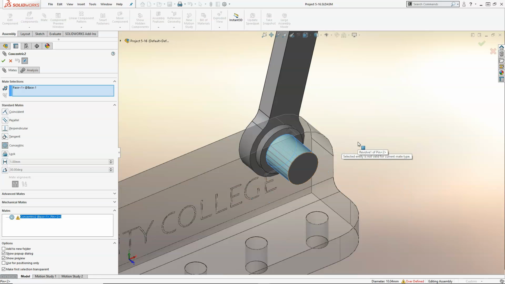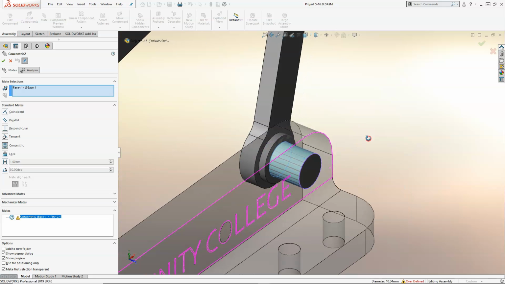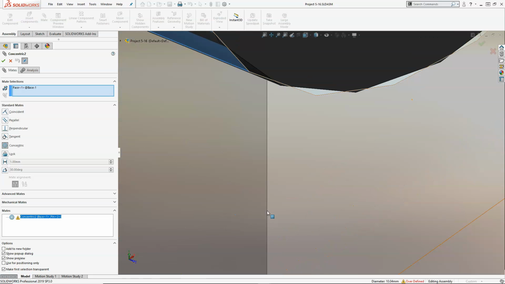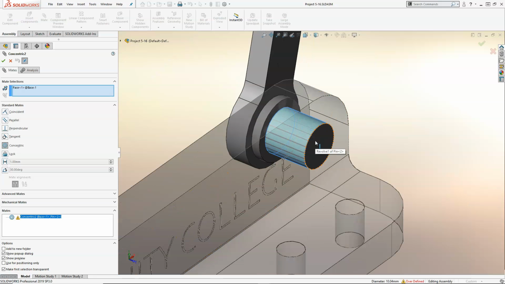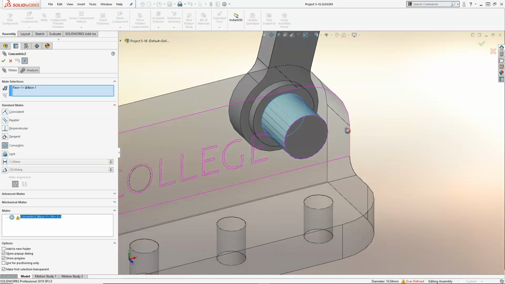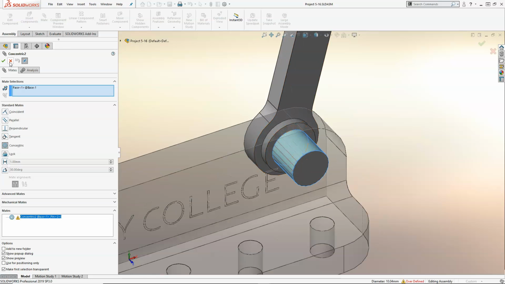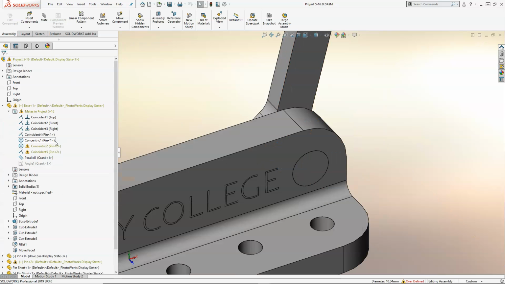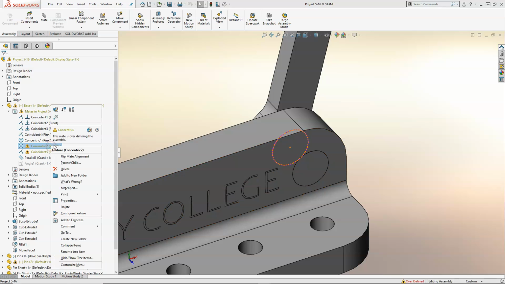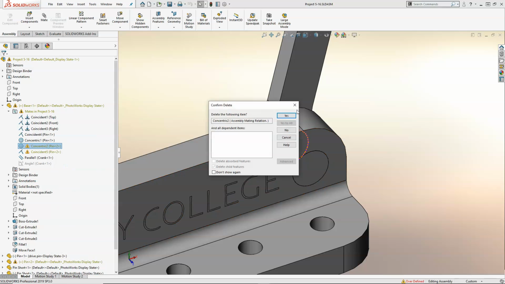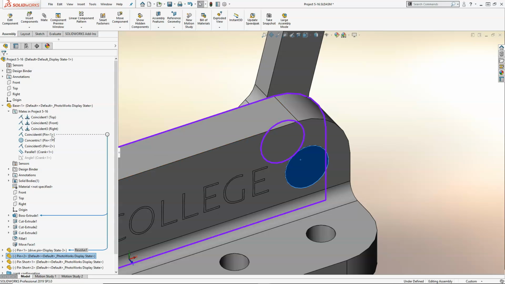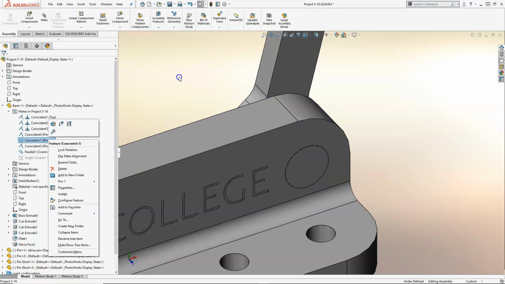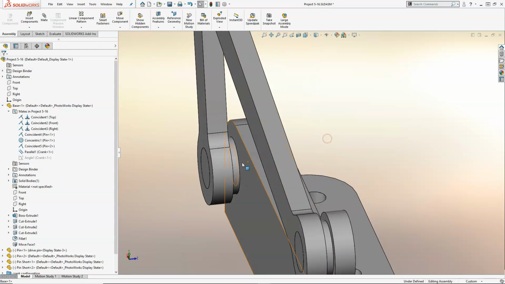So the concentric, and I'm really not sure if I got the body of the part, so how about we tab? No. So we're just going to have to pre-select. So if I have to, we delete, and then that will rotate. And the concentric is still there, so pretty much